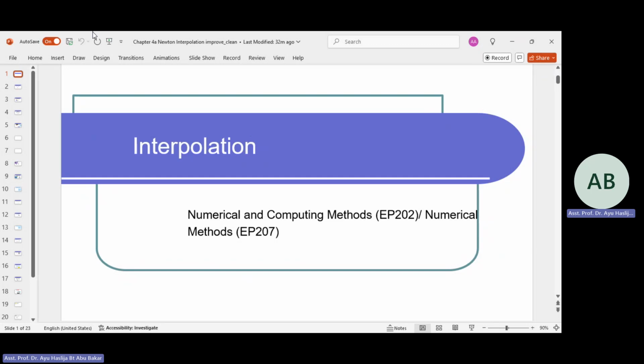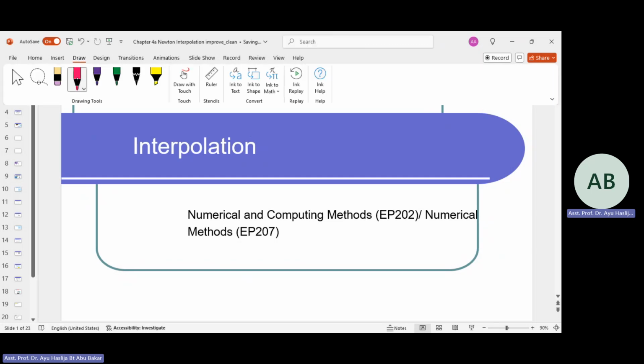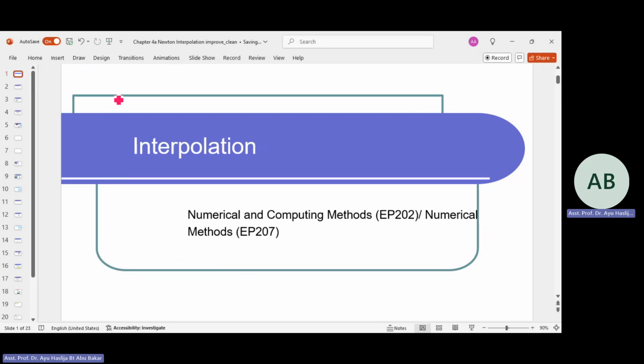For interpolation, you will later have two types: Newton and Lagrange. Today I will teach you about Newton, Newton divided difference. Okay, the names. Now, interpolation basically,